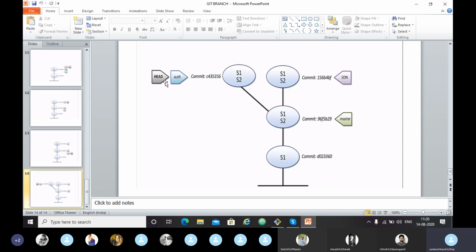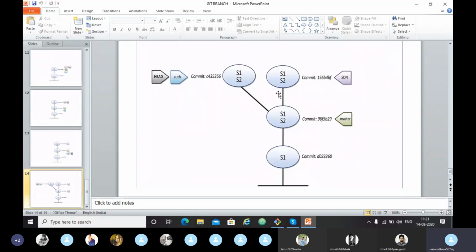Head pointer is now pointing towards the auth branch, because this is the recent commit we have made. Now we have three different versions of S1 in different places. I have edited the S1 file here, and I have edited the S1 file here. This is our first S1 file. So we have different versions of the file, but this file is the same, right?